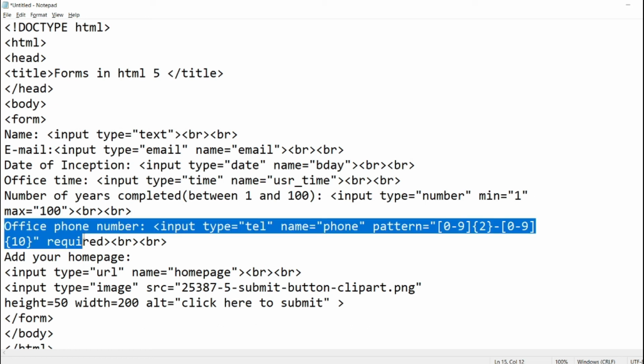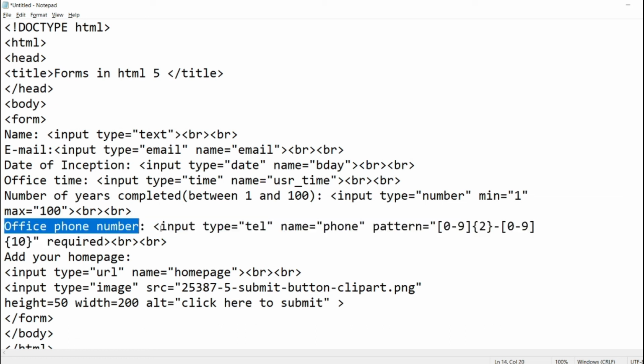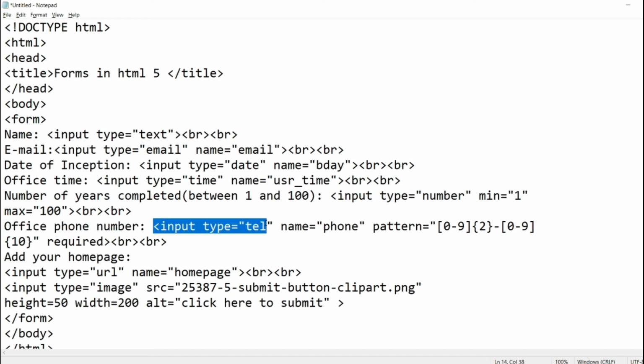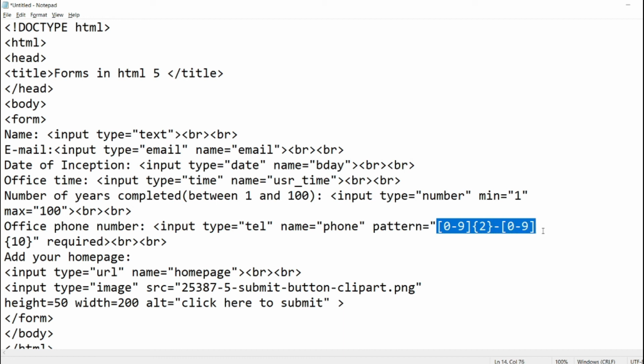Moving on to office phone number, here we are going to use input type is equal to tel, the new element in HTML5 which is specifically for adding telephone number. Here we have also used a pattern. This pattern attribute is being used so that it specifies a regular expression to check the input values. Then, my dear students, here we have also used a basic pattern of required phone number,